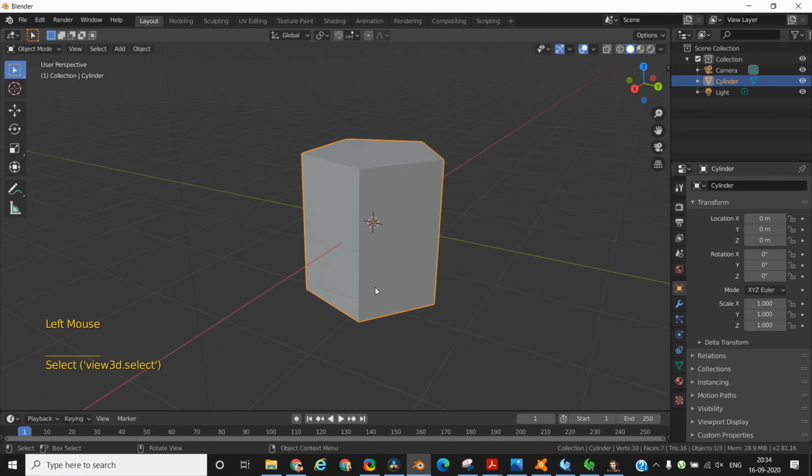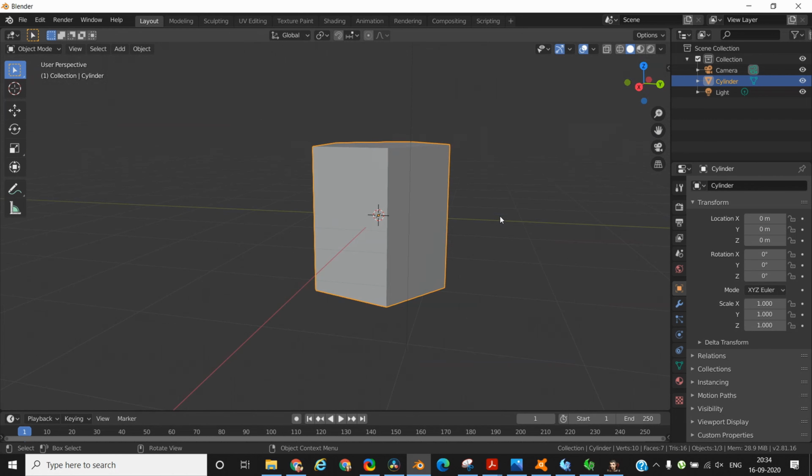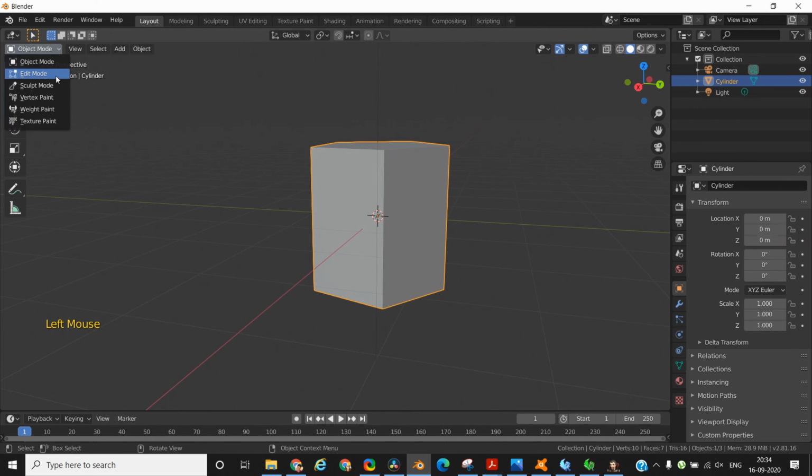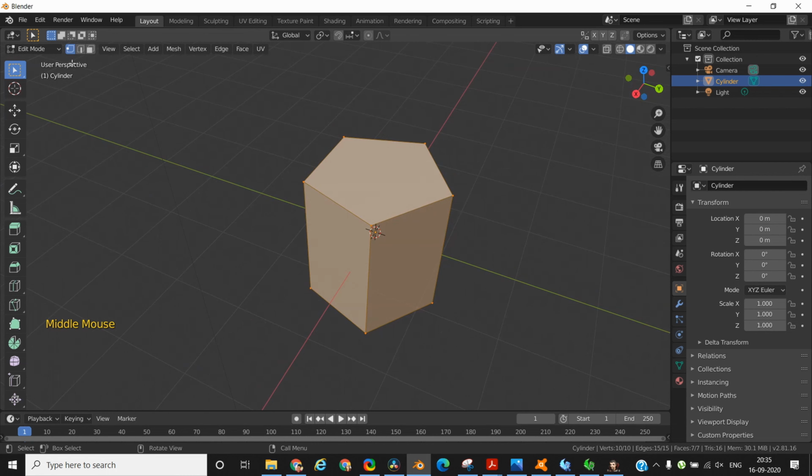Now I want to edit this. So the first thing that I need to do is to go into the edit mode. To go into the edit mode, you press Tab on your keyboard, or you can also select from here object mode or edit mode. So I'll press Tab and go into the edit mode. Under the edit mode there are 3 different options. One is your vertex mode, in which you will be able to select individual vertices. Then there is an edge mode in which you will be able to work with edges, and then there is a face mode in which you will be able to directly work with the faces. In my case I want to work mostly with the face mode, so I'll keep the face mode selected.